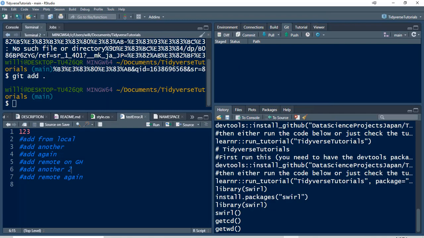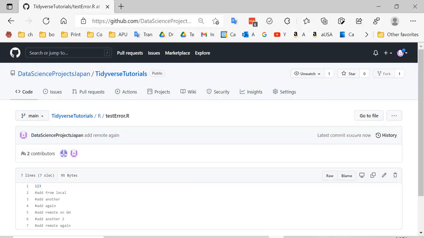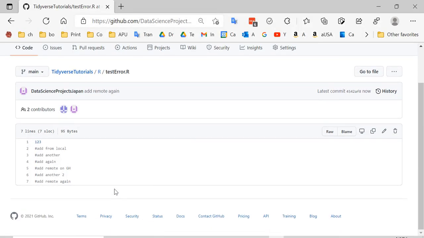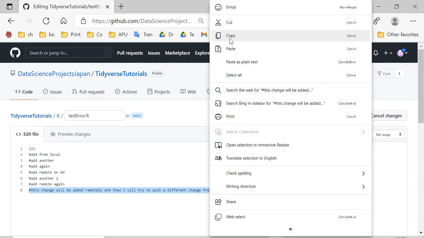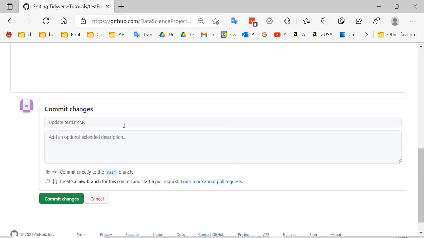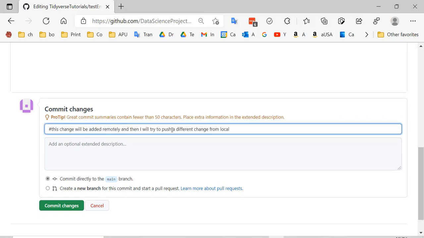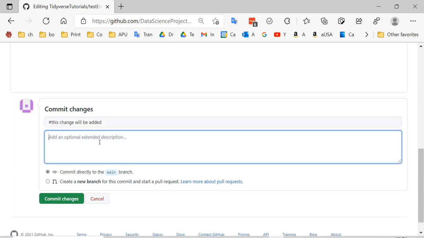Okay, now the question is, what happens if I have a conflict? So what happens if I make a change here, and then try to push to here without pulling first? So now I'm adding this remotely, and I will commit this. Oh, guess it doesn't like that. Okay. So I will commit this,